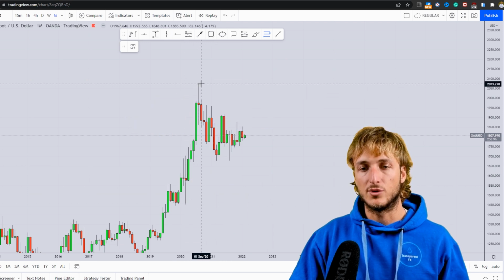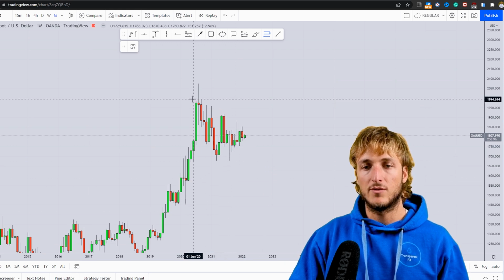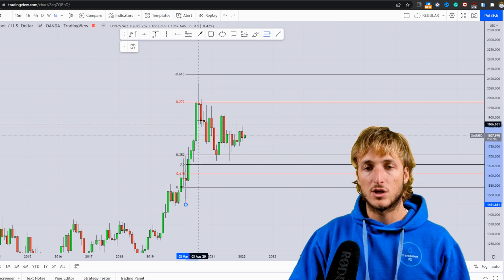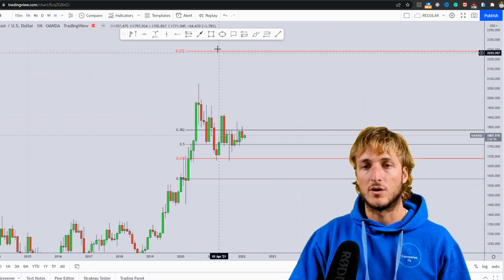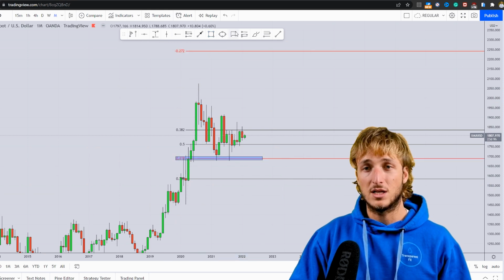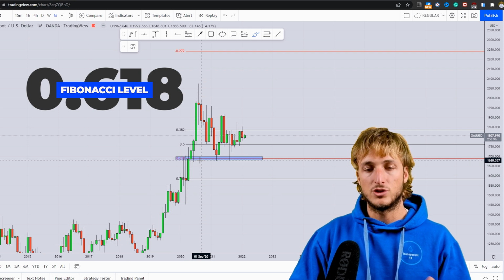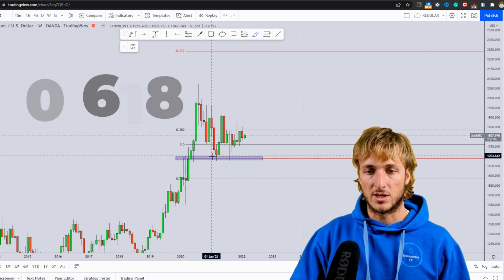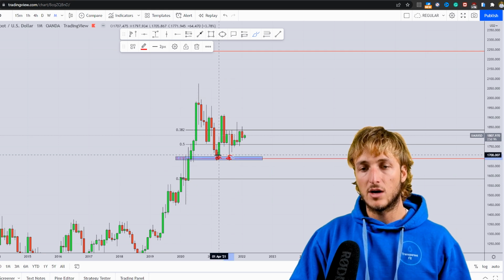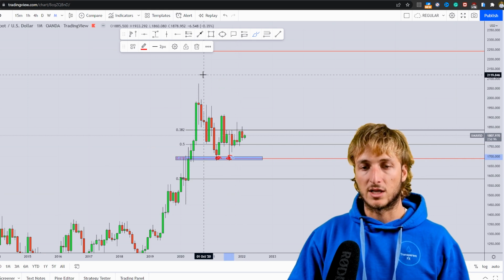very strong impulse to the upside, followed by this complex correction. Now, in general, if you have an impulse and you want to measure the correction, what you have to do is take your Fibonacci from the low to the high of the impulse. And if we do that, we can see how the market has created basically a perfect correction to the 0.618 golden ratio of the Fibonacci taken on the monthly impulse, which was lining up exactly at this area. And we can see how the market in fact tested this area twice and immediately rejected its zone to the